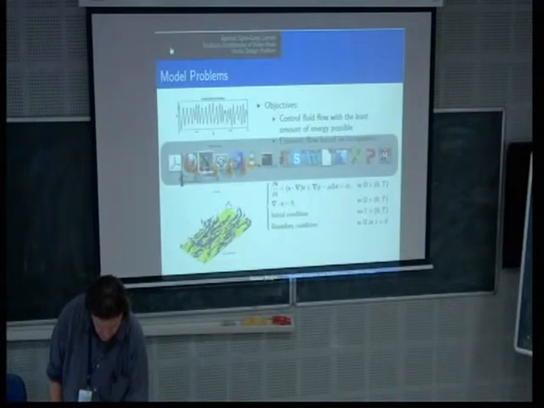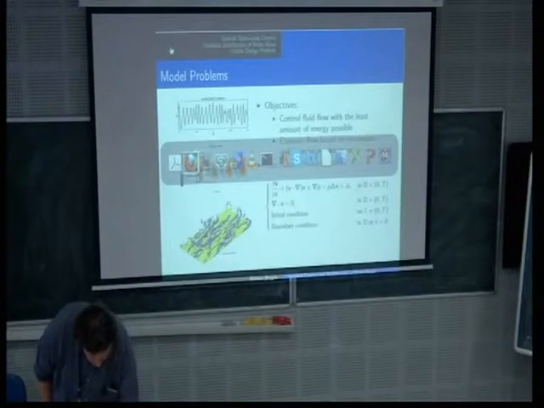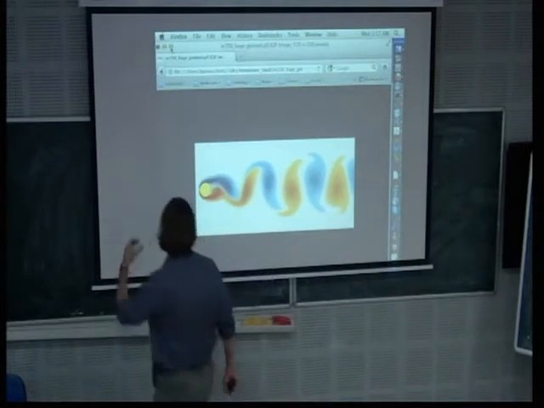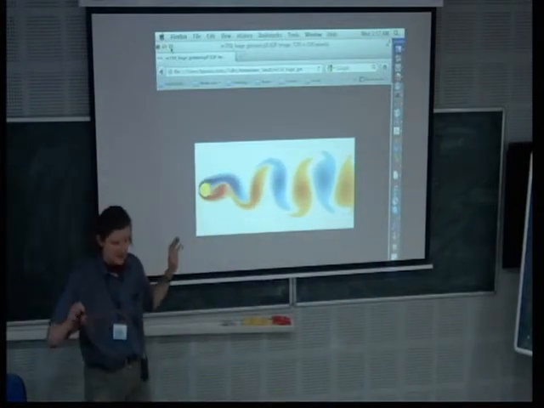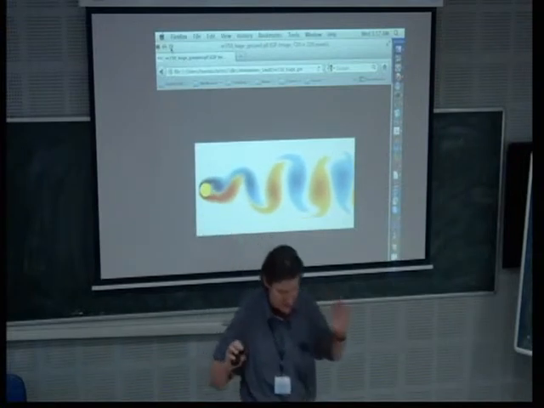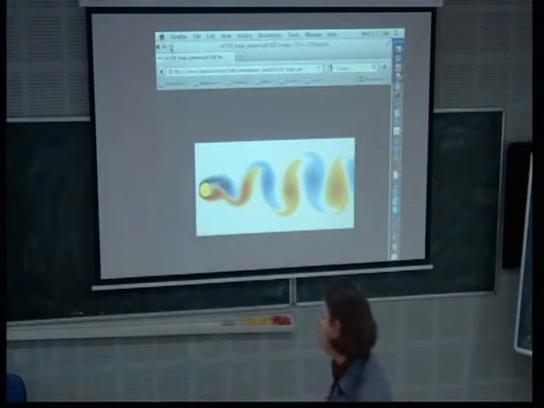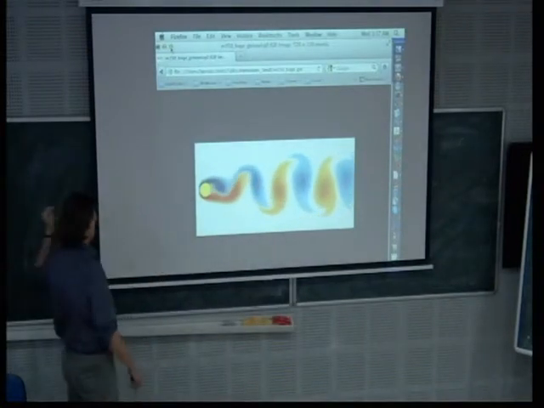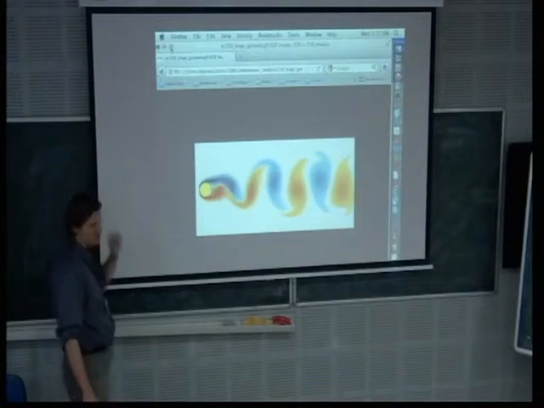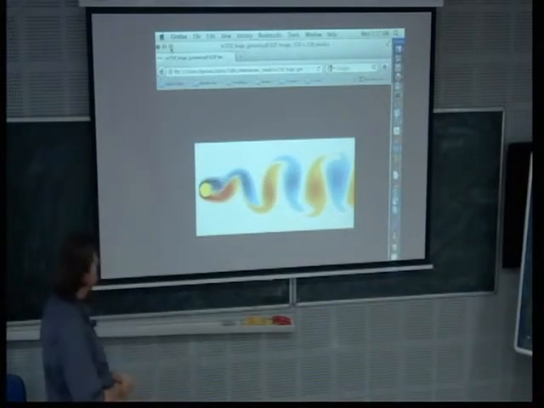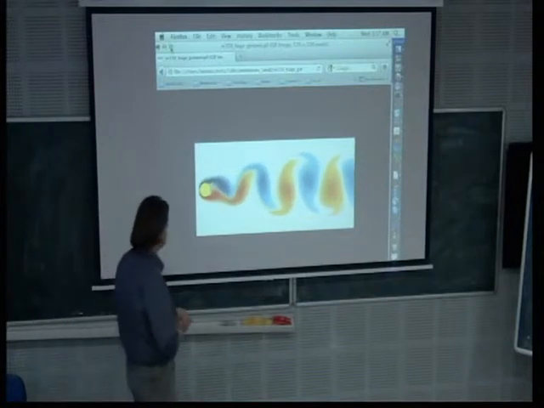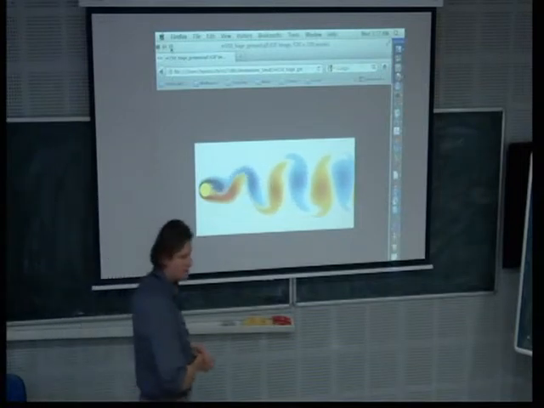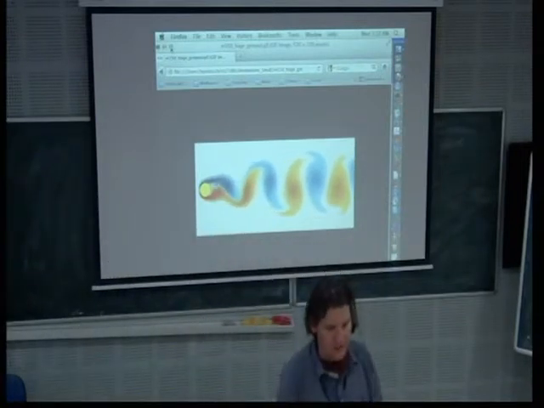Let me show you a video that illustrates what is happening. So imagine you have an obstacle. First of all, let's consider the domain, which is infinite. Okay, so it's just R2 minus this obstacle, which is just a disk. We have a flow oncoming from the left with some uniform velocity profile. And if the Reynolds number is sufficiently high, what happens is that we observe spontaneous appearance of counter-rotating vortices, the so-called Bénard-von Kármán instability.